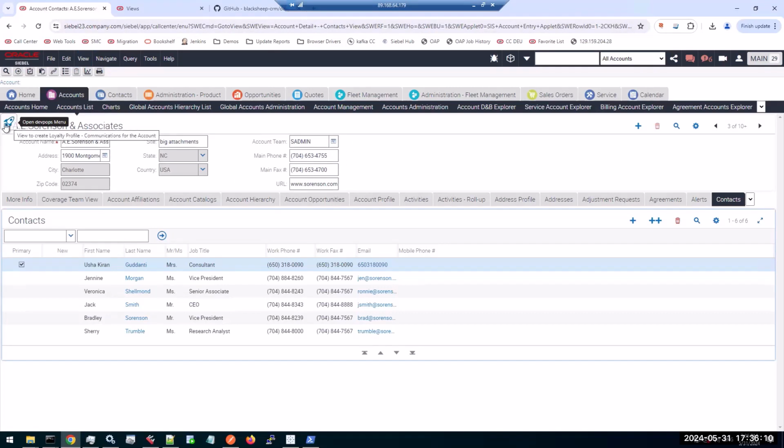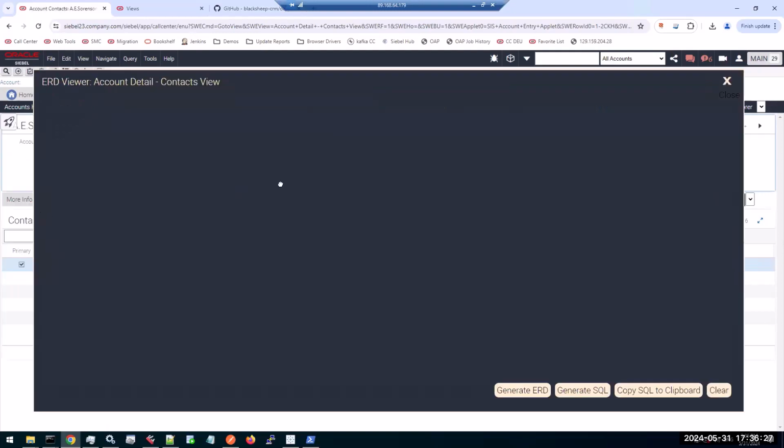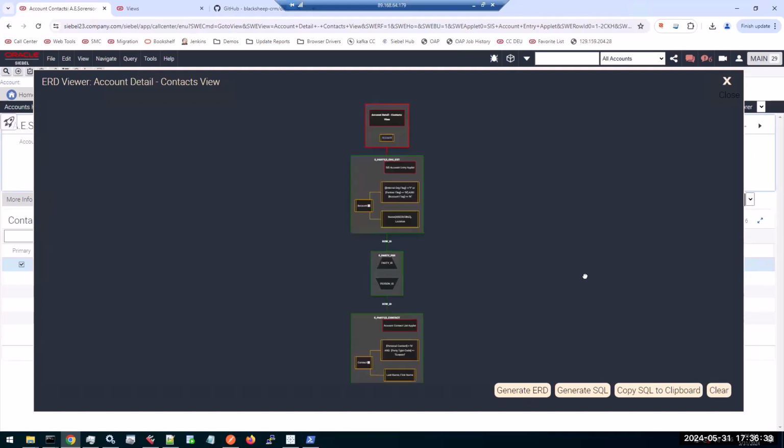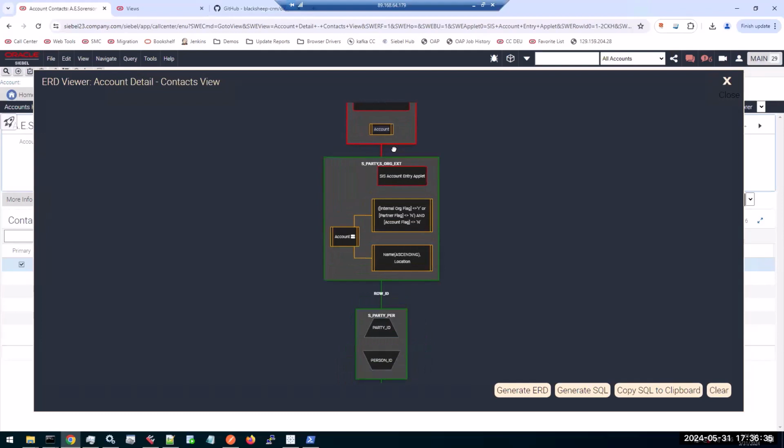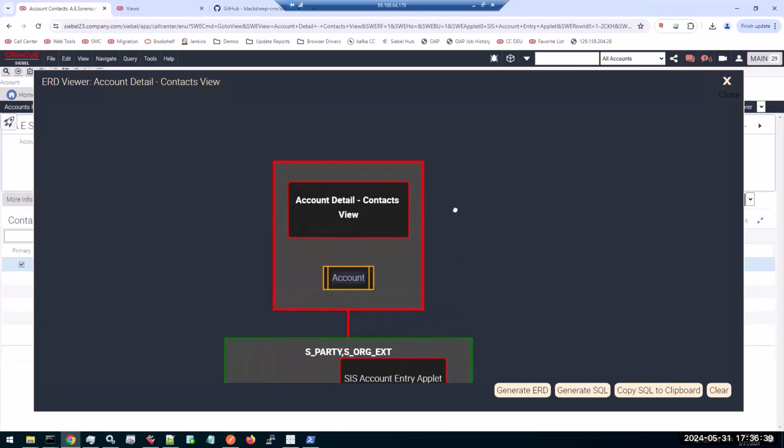But yeah, so we have the devpops menu here once you have devpops running. And in the X-ray, I think it's a good place to put it in the X-ray tab, there's the ERD viewer. So I have a view open currently. If I click the ERD viewer, it doesn't show anything. You have to click the button first, generate ERD, and it will generate a zoomable and scrollable entity relationship diagram